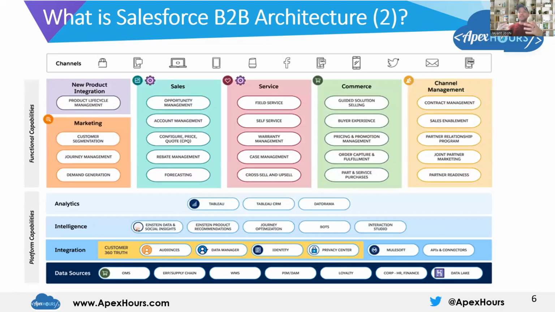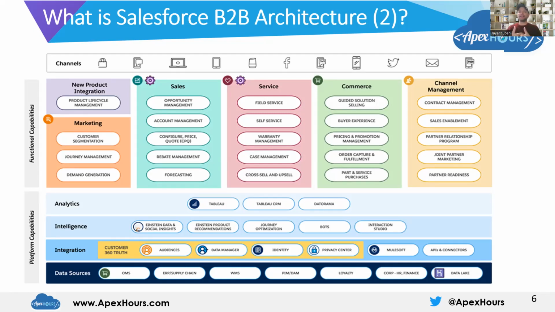Now, when you map the platform capabilities and functional capabilities, you get the products, right? Marketing needs Pardot and Marketing Cloud. For your sales capability needs, you have Sales Cloud and Revenue Cloud. For the service needs, you have Service Cloud and Field Service Lightning, right? For commerce, you have B2B Commerce. For your channel management, it's Experience Cloud, right? And on the top, you can see the